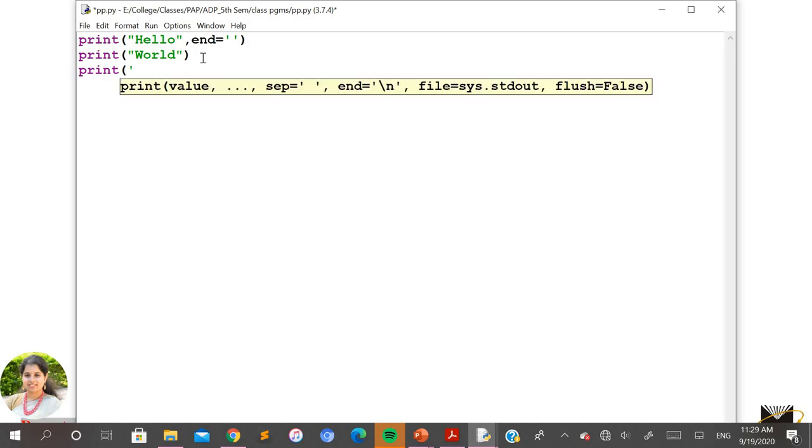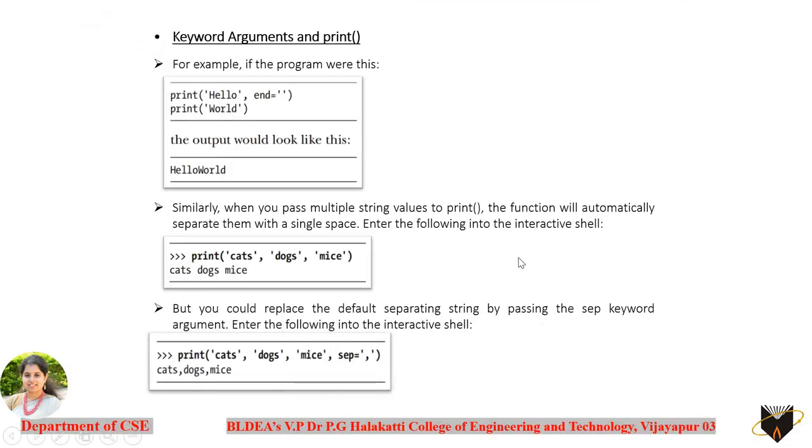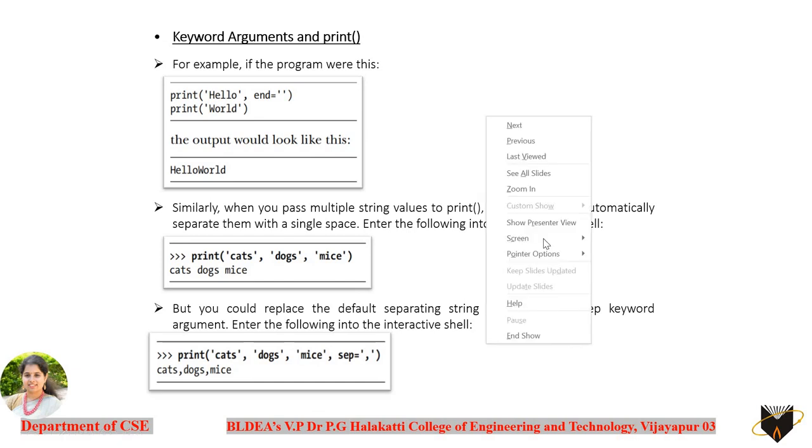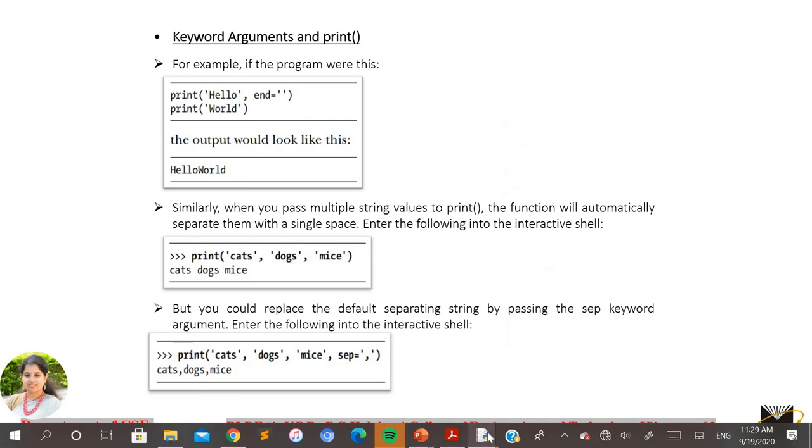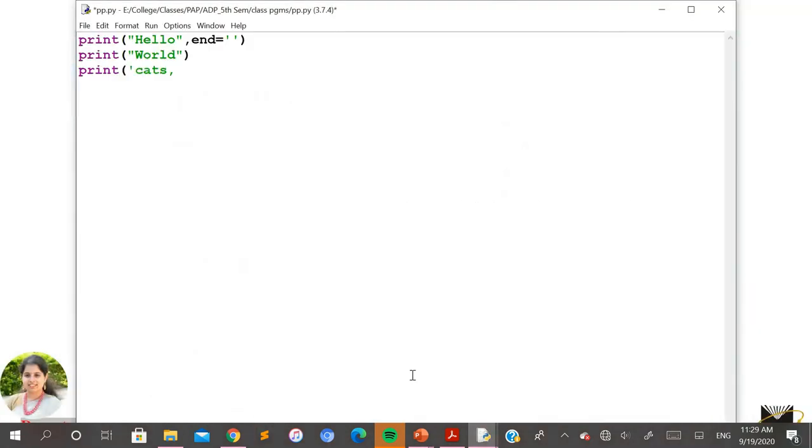Print cat, dog, rat. So let's see how it is displayed here.